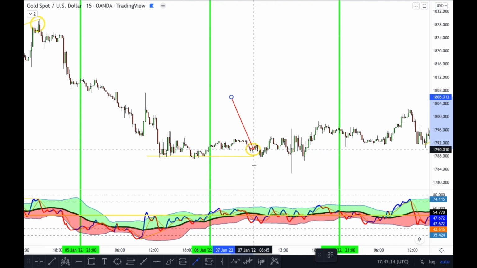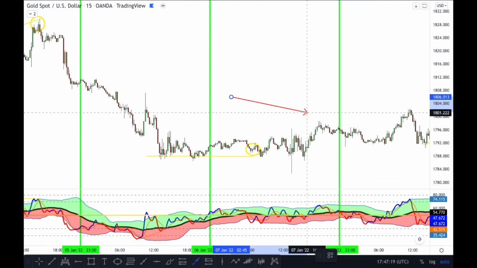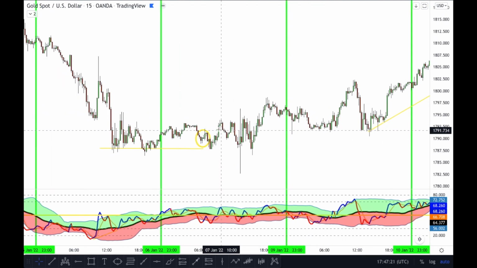And here we had our shark fin on the TDI and an entry, and we was ready to take price to go up further. So you can see on this day that not too much happened. You might have got stopped out with this candle depending on where your stop loss was.